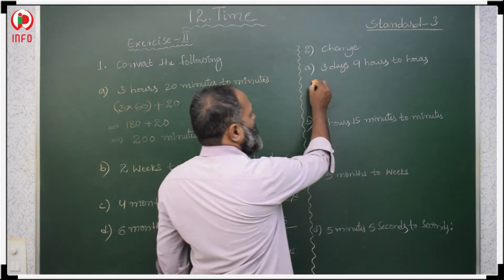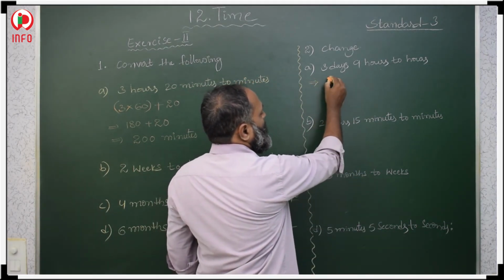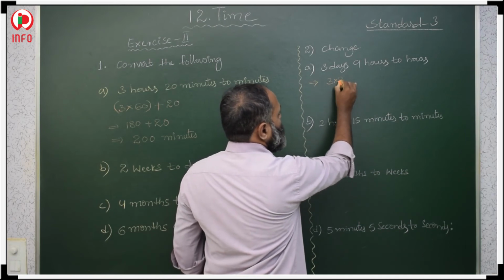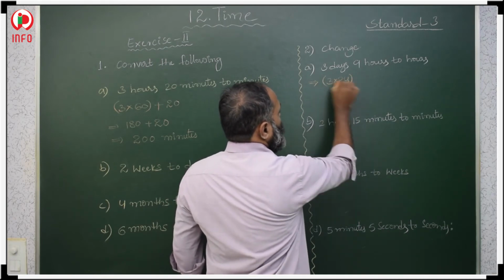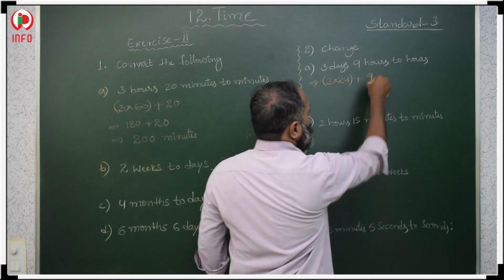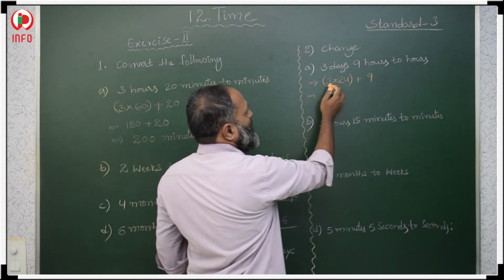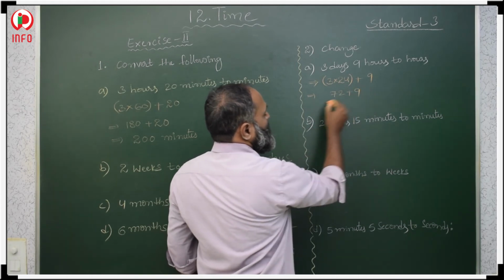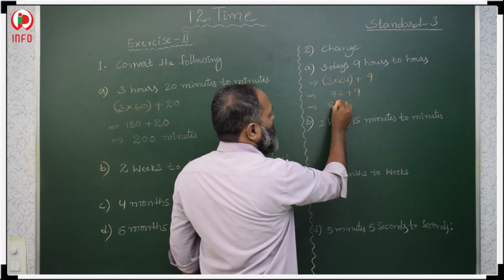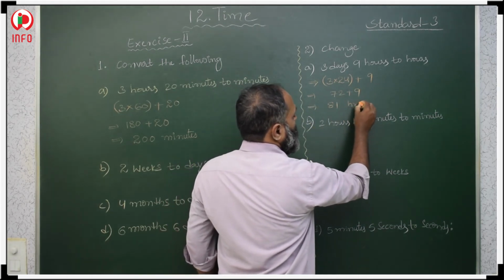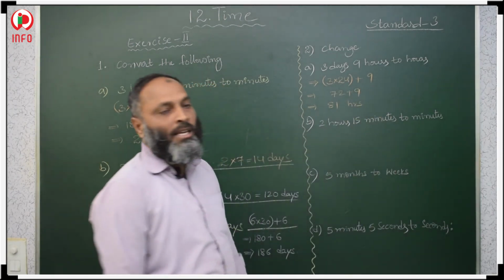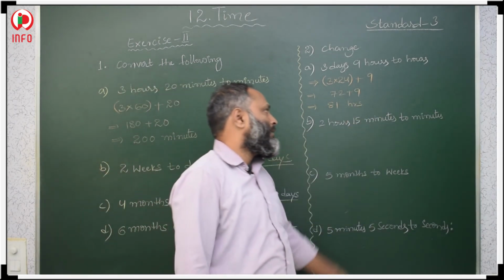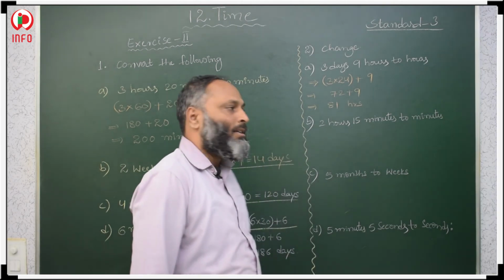Here 3 days, 1 day is equal to 24 hours. 3 days means 3 into 24 plus this 9 hours. 3 fours are 12, 3 twos are 6, 7, 72 hours plus 9, 72 plus 9 is 81 hours. 3 days 9 hours, the total is 81 hours. Next,